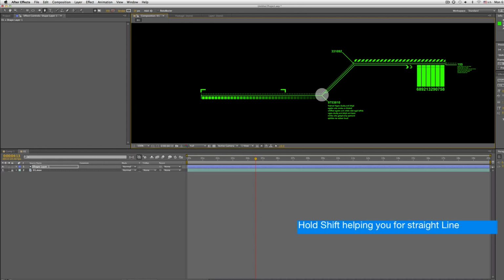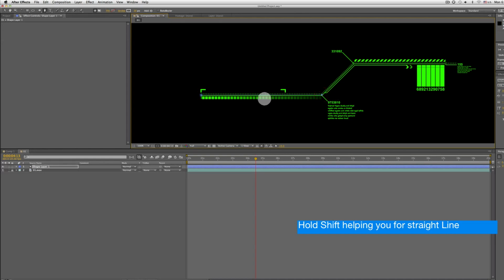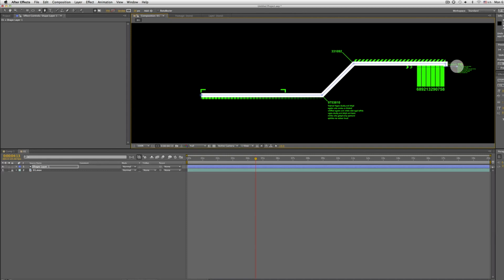Hold Shift because I want it to be straight. If I don't hold Shift, it may not be straight. I want it to be exactly a direct line. Now I'm not sure if it's really direct. If I hold Shift, it will be exactly a direct line. Now to the top again, direct, hold Shift, down and hold Shift. Okay, for me I want the stroke to be 10,